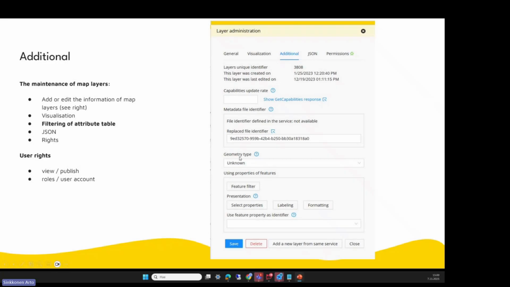The geometry type in this case, because we are talking about the vector layers, gives us the possibility to tell that this layer only has, let's say, points, lines, or polygons. And this filtering here gives the possibility to filter for this layer, from all available objects, only the certain objects according to the criteria. And next will be the JSON